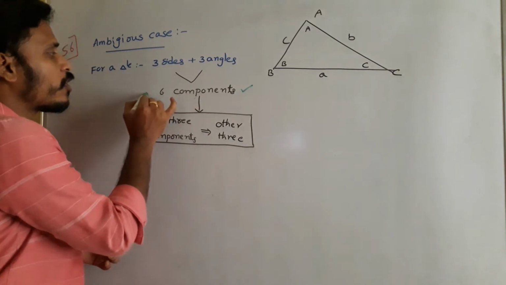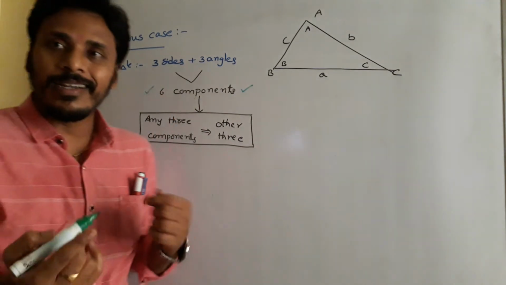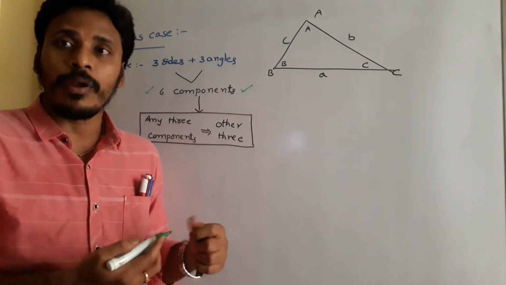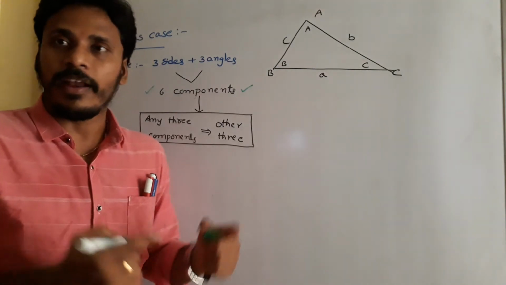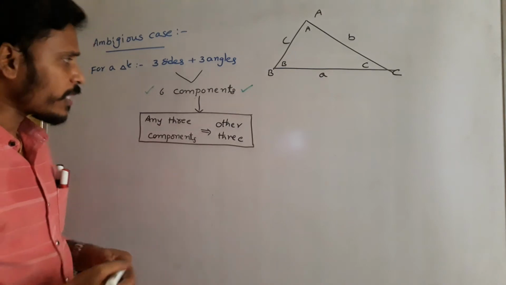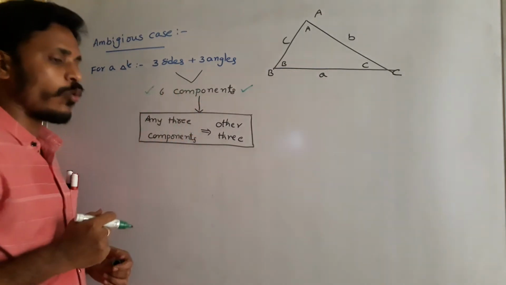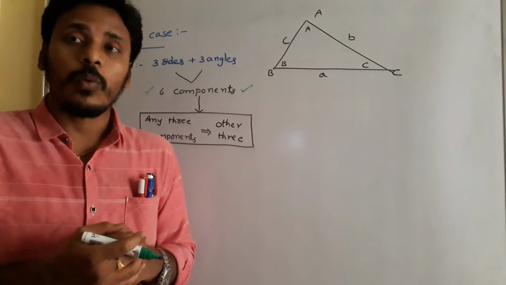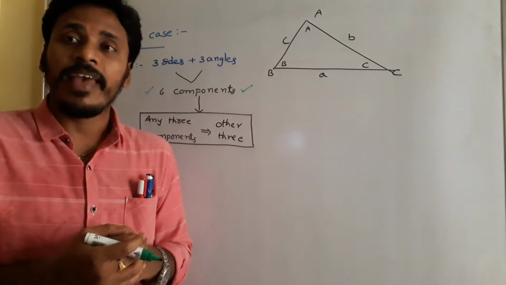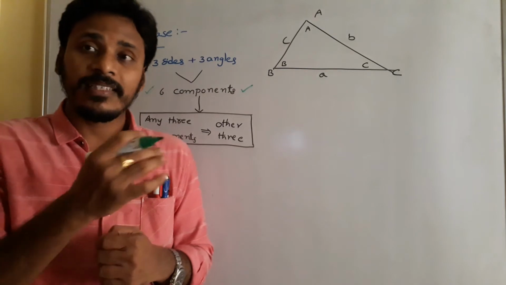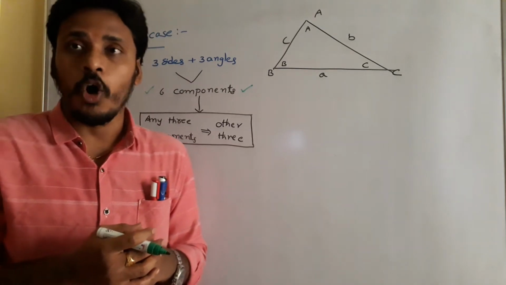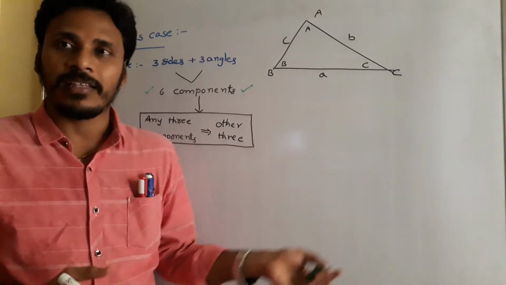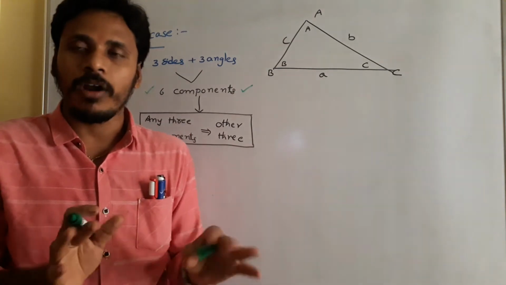Okay. These 6 components always describe the nature and property of the triangle, and these 6 components help us to construct the triangle. Okay. But we have different properties in earlier classes, like congruency properties. What does the congruency property say? We have SSS congruency, SAS congruency, ASA congruency, RHS congruency. You learned all these in your earlier classes, maybe in 7th or 9th, but I am not discussing all those